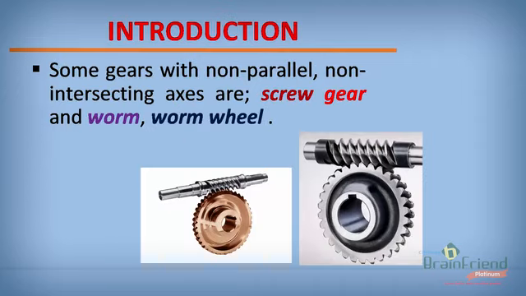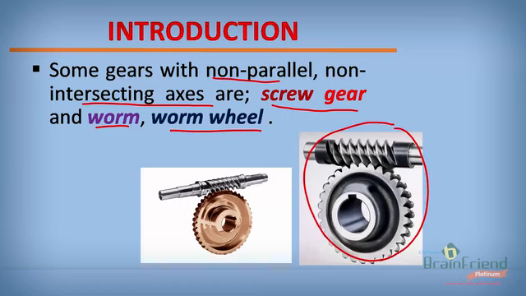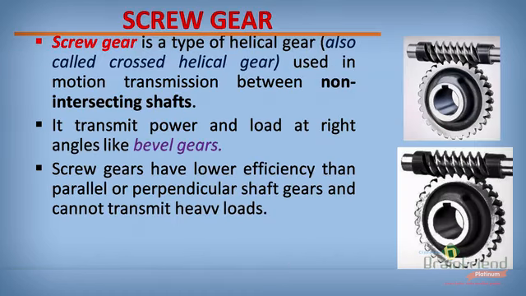Some gears with non-parallel and non-intersecting axes are screw gear and worm. We also have our worm wheel. This is a diagram showing a screw gear, and this is a diagram showing a worm and a worm wheel. Screw gear. Screw gear is a type of helical gear, also called your cross helical gear, used in motion transmission